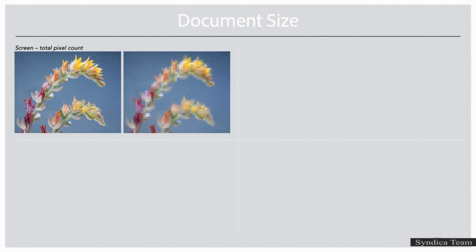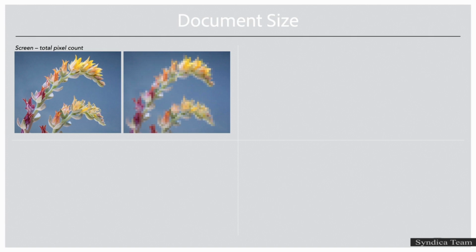Now, with that said, I want to point out that today many applications that display images on screens use technology that detect the screen size of the device that the content's being viewed on and change the layout and the size of the images that are downloaded on the fly. So this technology is referred to as responsive design, and it's really powerful because it allows us to upload a single image sized for the largest screen that we think it's going to be viewed on. And then the software is going to take care of downloading the appropriate size image when the viewer clicks on that page. But still, you need to know the largest pixel count for the largest screen that you're going to display your image.